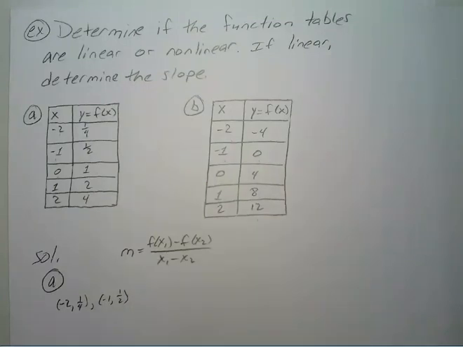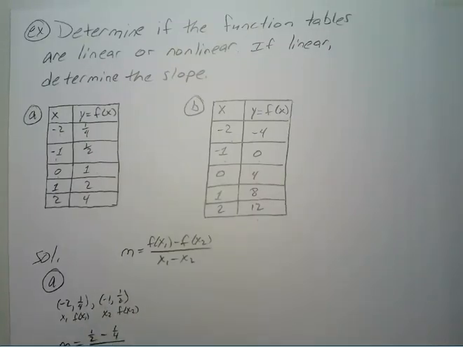So if we plug this in, that's x1, f of x1 and x2, f of x2. Our slope is going to be f of x2 minus f of x1, so 1/2 minus 1/4